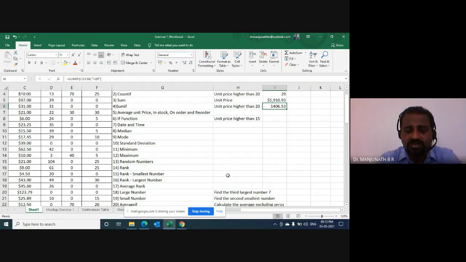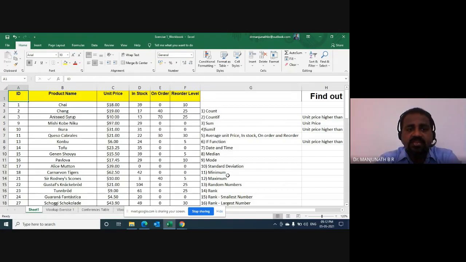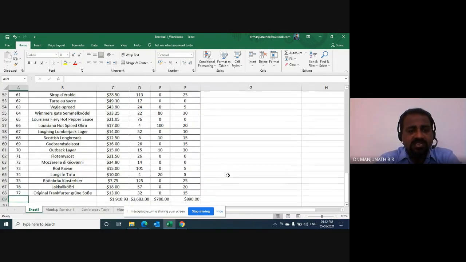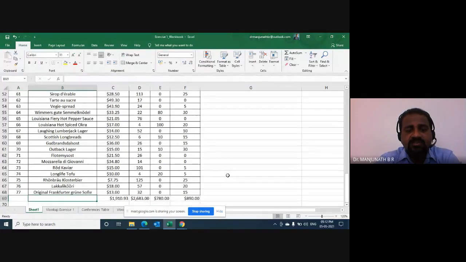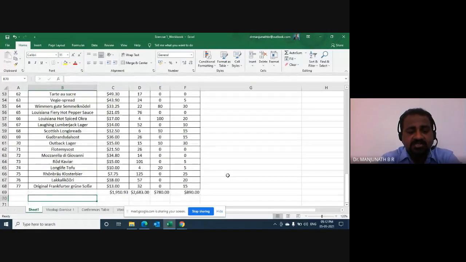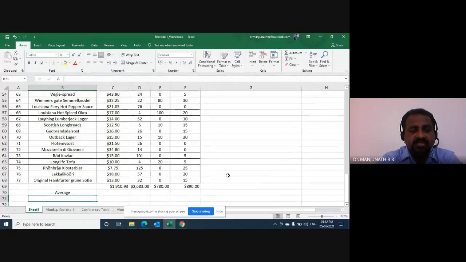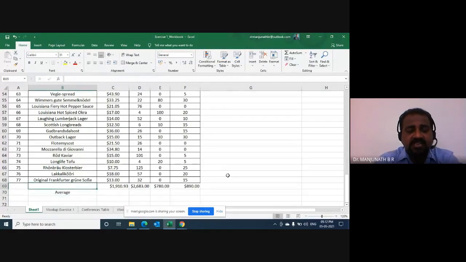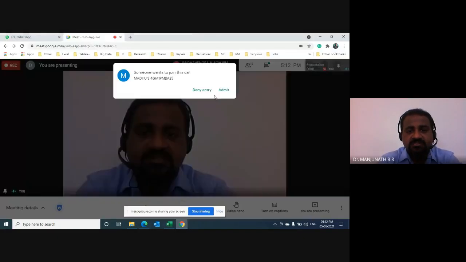Now I want you to do Control Home and it goes to the first cell. Let us do Control Down Arrow key, because here is where I will be helping you to calculate the average. So write down the average here. And what were these numbers? These numbers were sum. So please make sure you type in these things in your Excel. If you're ready, we can proceed with the task.